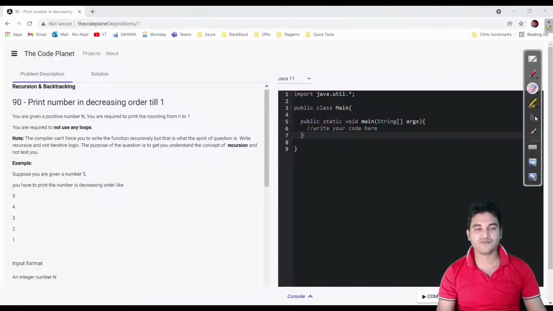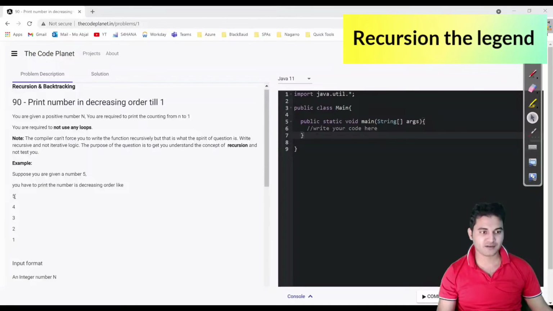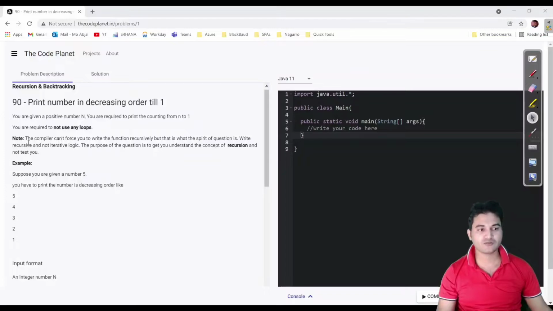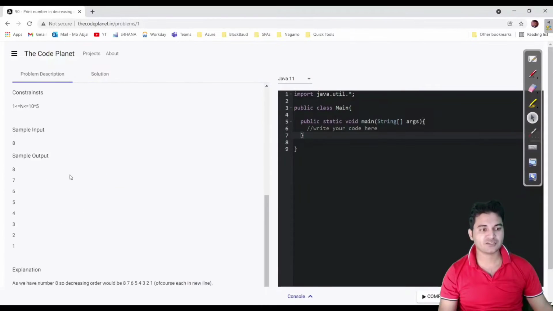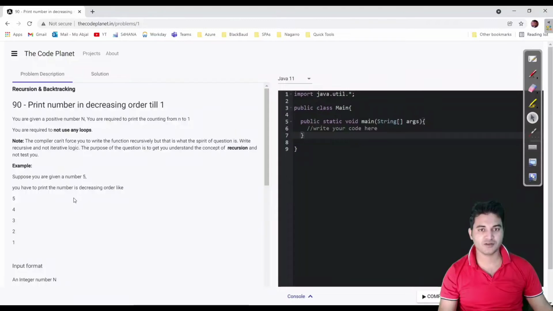Of course, what we can do is write 5 print statements, and in each statement print 5, 4, 3, 2, 1. This is the worst approach. So here comes recursion into the picture. Recursion comes to rescue us. We will be able to solve this problem with recursion without using any loop. I'm going to show you how we can apply recursion to this problem, how we can use it, and in which scenarios we have to use recursion.